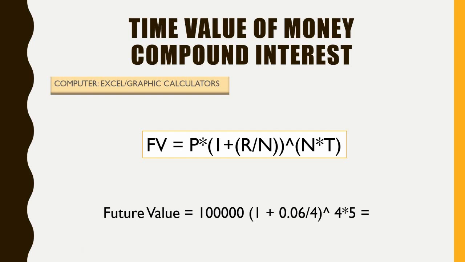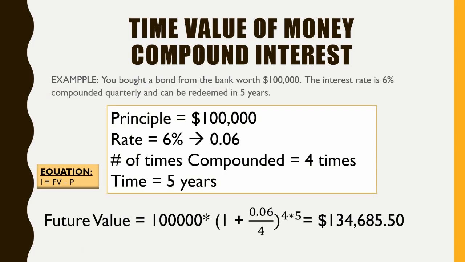I need to know what my rate divided by my number is first, and then I need to add it to my 1, and then I need that whole thing to be up not square rooted, but up to the exponent power, okay? And then, of course, I need that separated to let me know that I need to do n times t, okay? So in this case, we can do 100,000, parentheses 1 plus the rate of 0.06 divided by 4 up to 4 times 5. And then, of course, that will give you